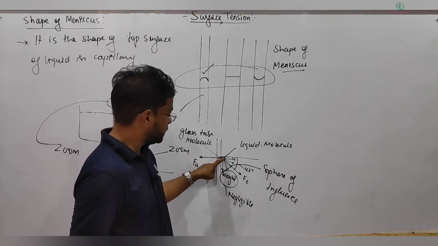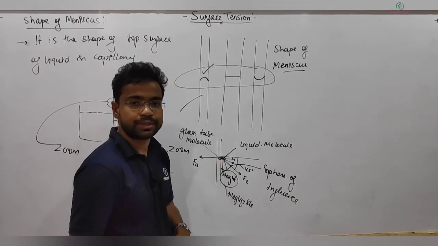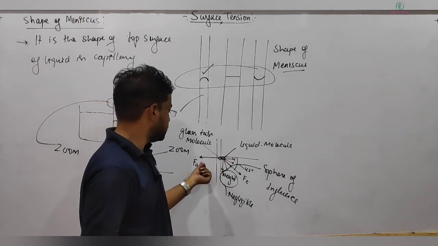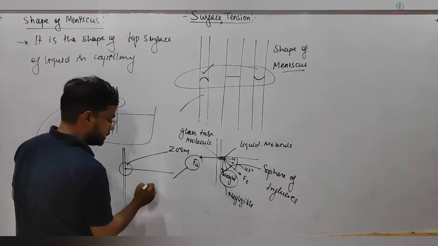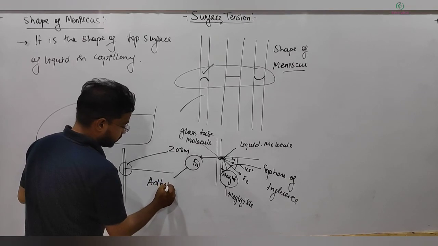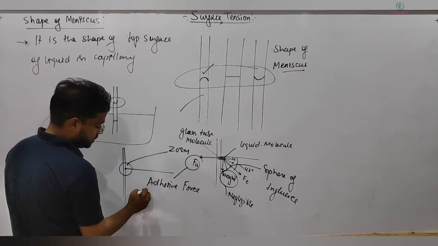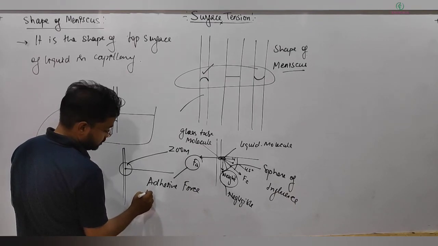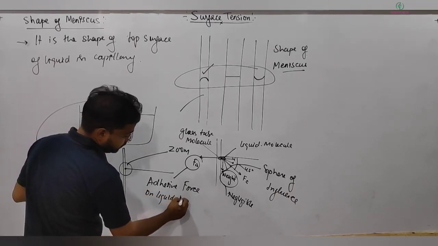On this glass tube, there will be glass tube molecules and liquid molecules. There will be a force of attraction between them, and that will be called adhesive force. So Fa is the adhesive force. This is the force between, or you can write adhesive force on liquid molecule